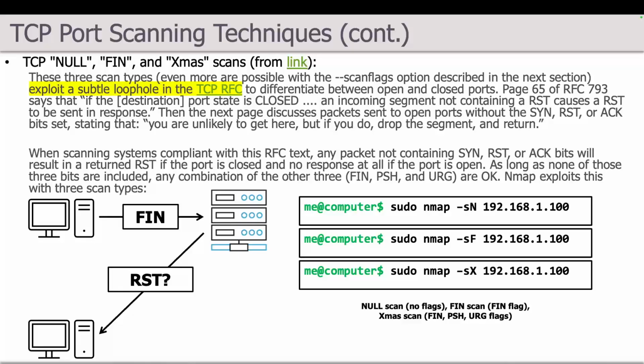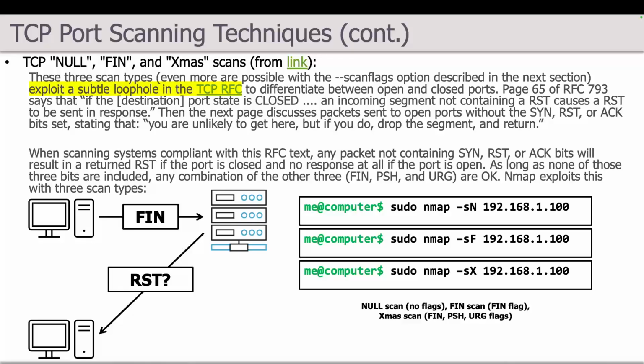So we have those flags in the TCP header, and there is no flag called null, so we'll talk about this. There's three different combinations of those flags that you can tell Nmap to use to make three different types of connection attempts to that host at a particular port to determine, based on its best guess and certain interpretations of the TCP RFC, whether or not that port is actually